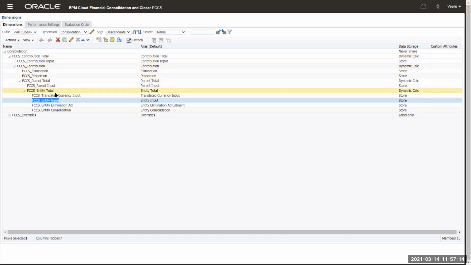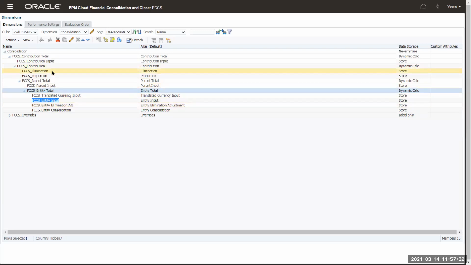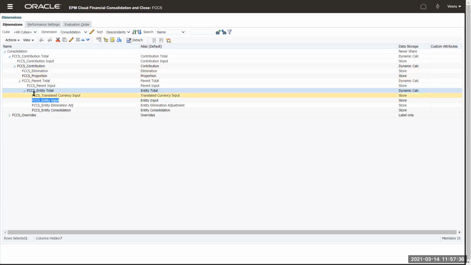And when you look at your data in the data grids or data forms, you basically use your entity total member. Don't use the contribution total as your parent. The contribution total is what is getting contributed to my parent. It is not what is there in that entity. So usually you choose your entity total member to see the balances for that specific entity.